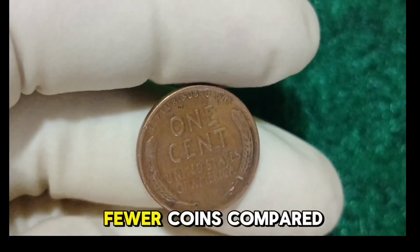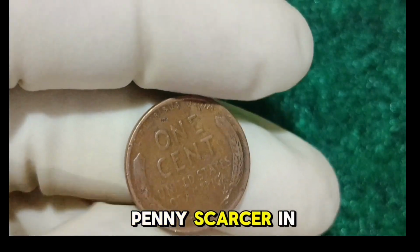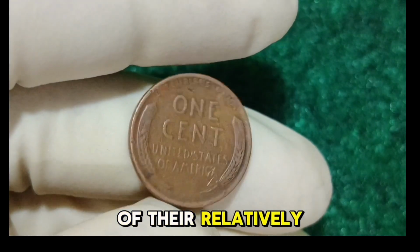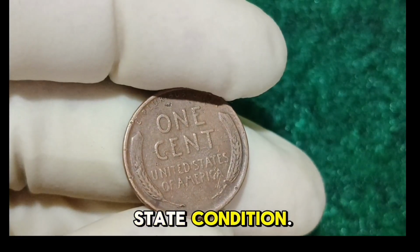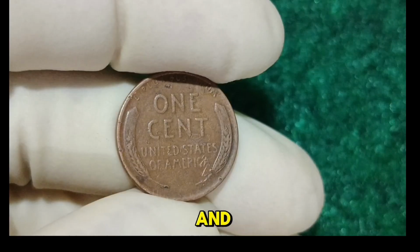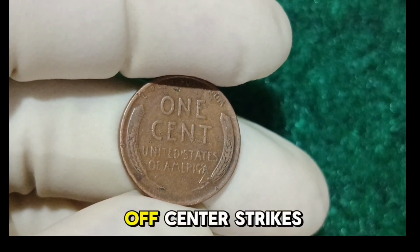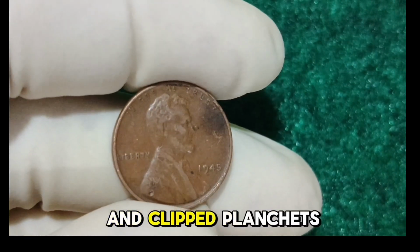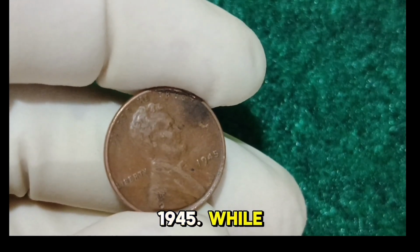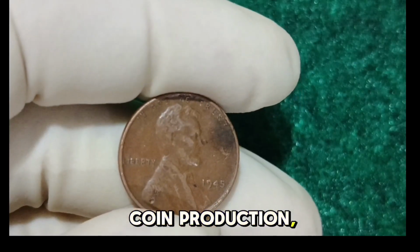San Francisco minted fewer coins compared to the other facilities, which makes the 1945 wheat penny scarcer in higher grades. These coins have a dedicated collector base because of their relatively lower survival rate in mint state condition. Uncirculated San Francisco examples often command strong prices at auctions and sales. Error coins from this year also capture attention. Die cracks, off-center strikes, double dies, and clipped planchets are some of the varieties known to exist for 1945. While these errors were the result of minting issues during a time of massive coin production, today they are considered